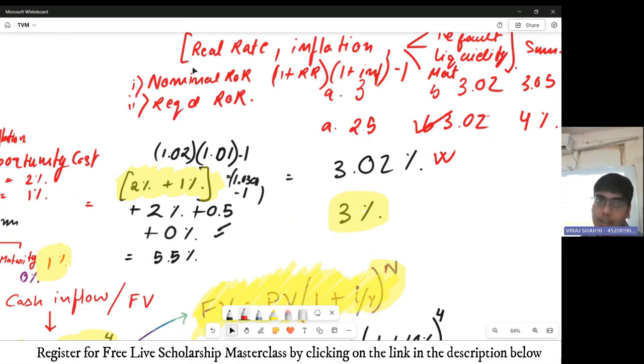Okay, copy this once. The question format can be like this. In fact, you can write a question: find the nominal rate of return and the required rate of return, given your risk-free real rate,